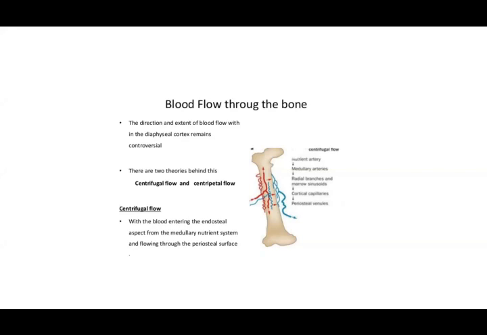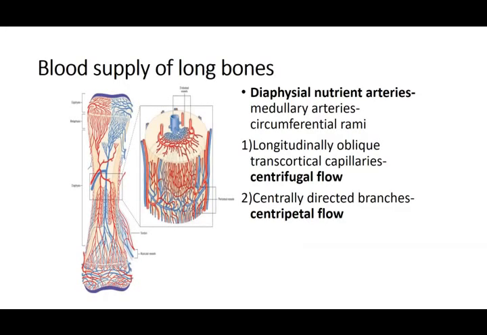The periosteal vessels on the outside also send branches towards the inside, so that is also a centripetal flow. So the bone has both centrifugal and centripetal flow. If you see this, some blood vessels are going inwards and some go from the inward vessel. They are directed outwards, supplying the periphery and anastomosing with the periosteal artery. That is centrifugal flow, and centrally directed branches are centripetal. That is your periosteal branches from the outside. They are going to supply blood which is directed inward. And those from the inside, that is the nutrient arteries, also branch and supply blood from inwards towards the outer direction. Those are called your centrifugal arteries.